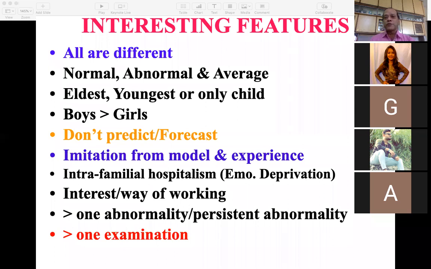Most of the time we say, okay, this child is normal, this child is not normal. But please remember, it is very difficult to define what is normal. There are 100 students in our class. Everybody's height may be different, everybody's weight may be different, though they are almost of the same age, though they are all of the same sex. So please remember what is normal.